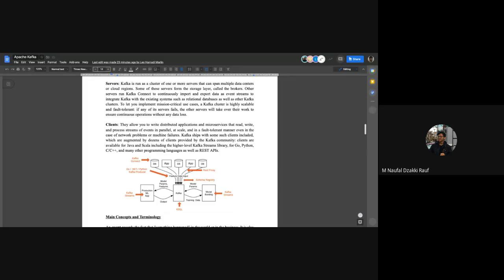And other servers can run Kafka Connect to continuously import and export data as event streams to integrate Kafka with existing systems such as relational databases, as well as other Kafka clusters. And to let you implement mission-critical use cases, a Kafka cluster is highly scalable and fault-tolerant. So if any of its servers fails, the other servers will take over the work to ensure continuous operations without any data loss. And the clients allow you to write distributed applications and microservices that read, write, and process streams of events